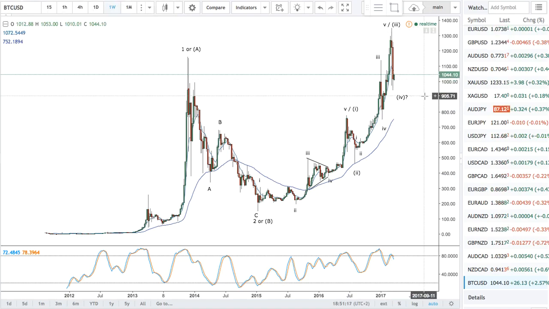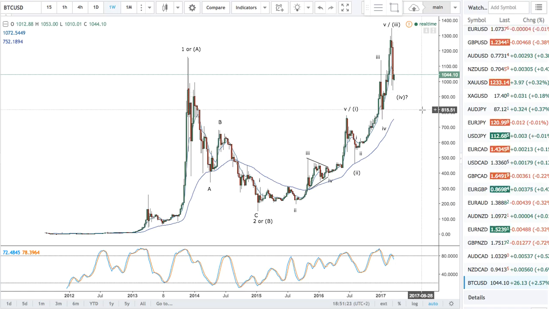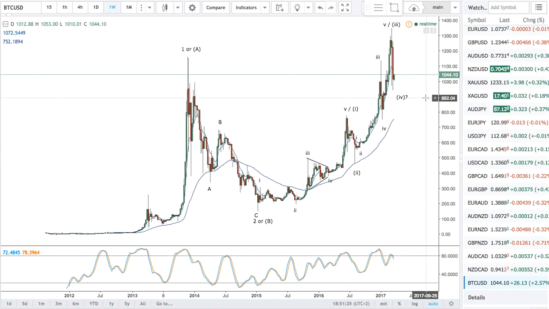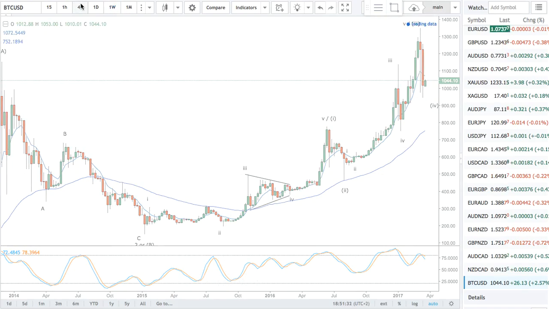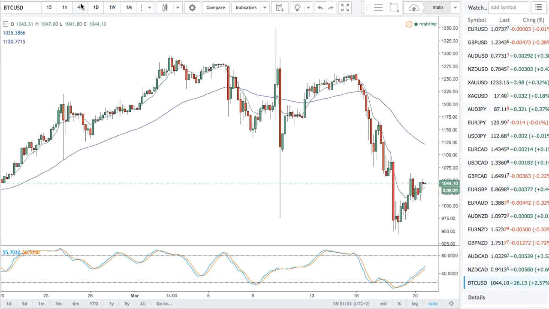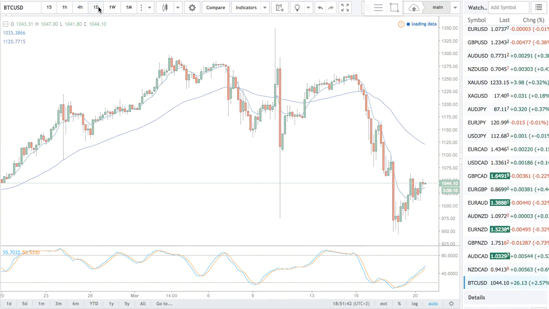This will be, in my opinion, if we find a base on the next low around 900, 850, 800, this is the kind of move that would double. It'll go from 900 to basically 1800 US dollars. So it's the kind of thing to get into if you're not already in. Just block out the news for the time being about Bitcoin forking out and just deal with what you see on the chart. Now from the high,